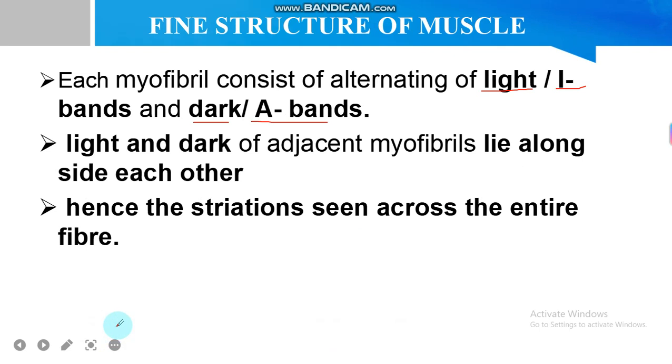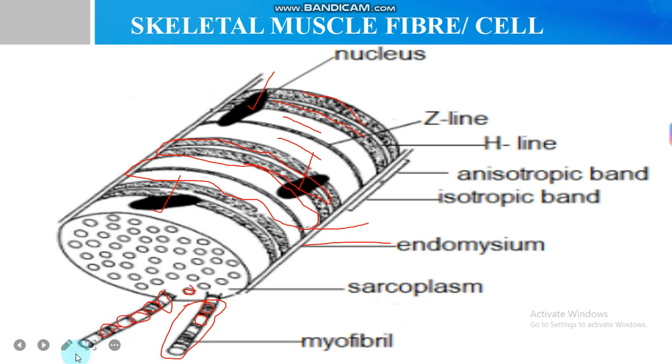Even the light bands of the myofibrils lie adjacent to each other, so that now it forms a continuous light band in the whole muscle fiber. This is what I mean. Now, remember that this myofibril contains its light bands and dark bands. So if this myofibril, this second one, I'm talking about this is the first one and this is the second one. So if